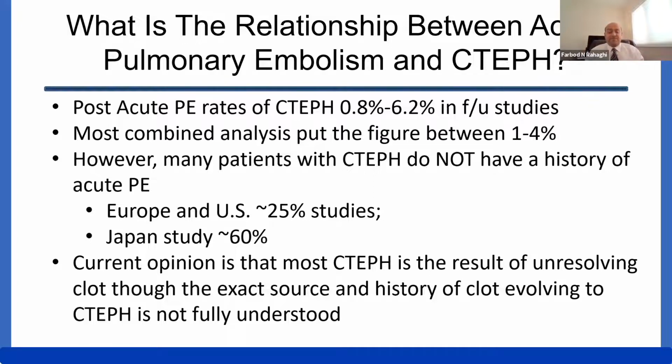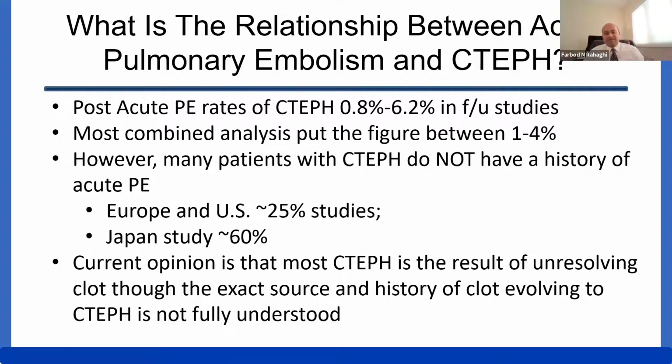And there's been different numbers quoted in different studies as to what percentage of people don't really seem to have a history that's consistent with an acute PE. But the current opinion, trying to put all this together, is that this type of chronic thromboembolic disease is a result of poorly resolving clot,